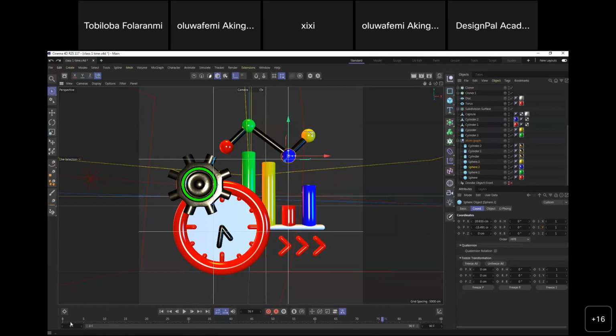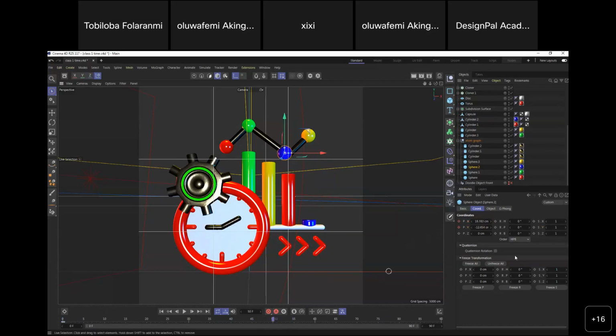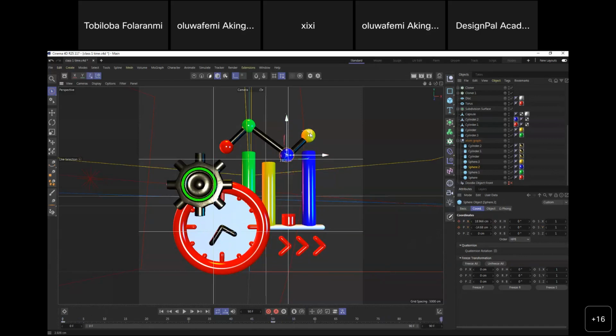So I can decide to do this, right? And move it a bit up. Then on 90, take it back down. So this is just animating PSR, which is the position, scale, and rotation. That's why I keep coming here. But if you're animating an entire object, like the whole object, you can do it right here. So once we play,